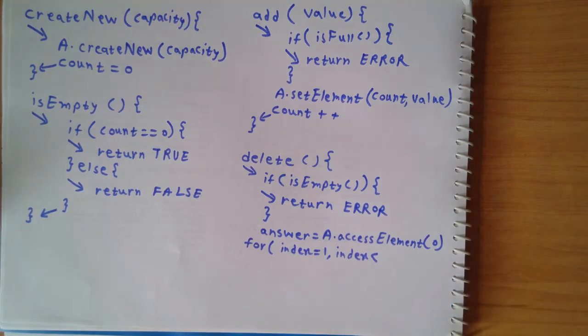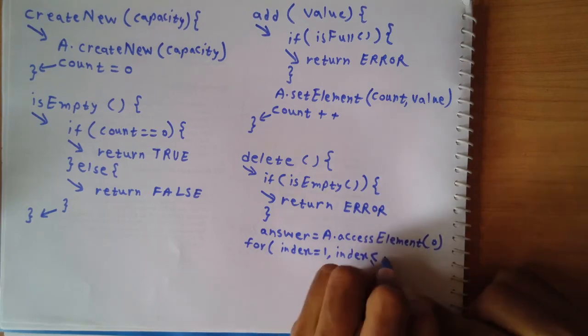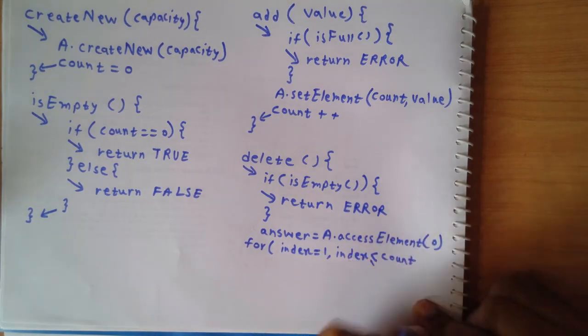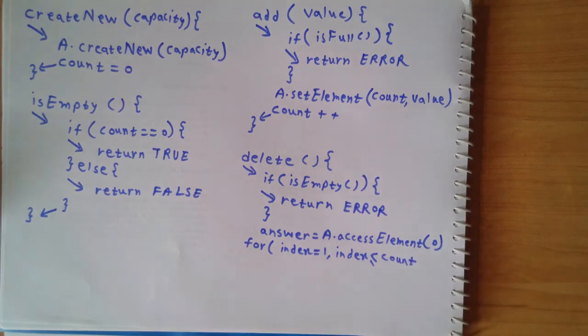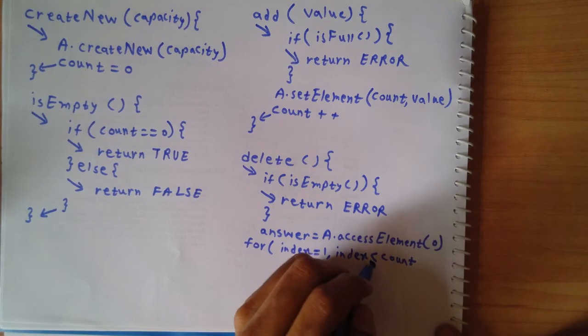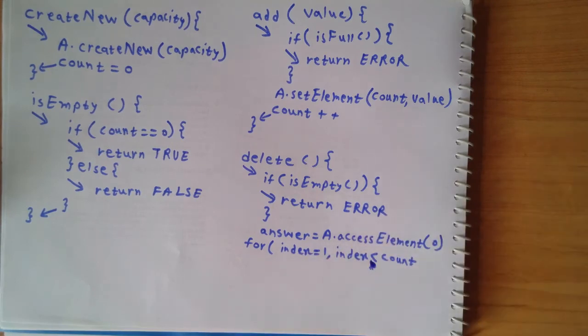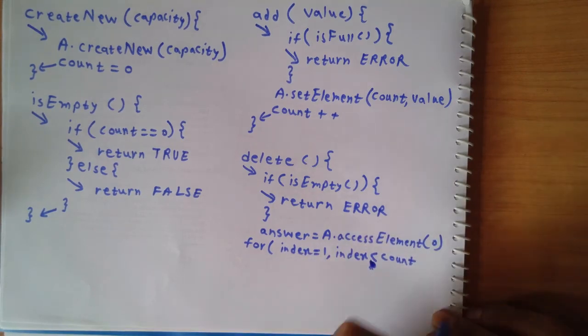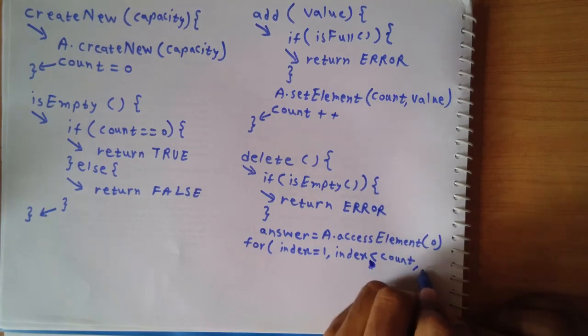No, it should be less than the count. It should be less than or equal to count. Remember, when we have just one element in our queue, the value of count is 1. In that case, if you delete that one element, then there is nothing to do here. So what we should have is our index should be less than count. So this equal to should not be there. So here we have index less than count, and then there is some bookkeeping operation to do. We'll look at it later.